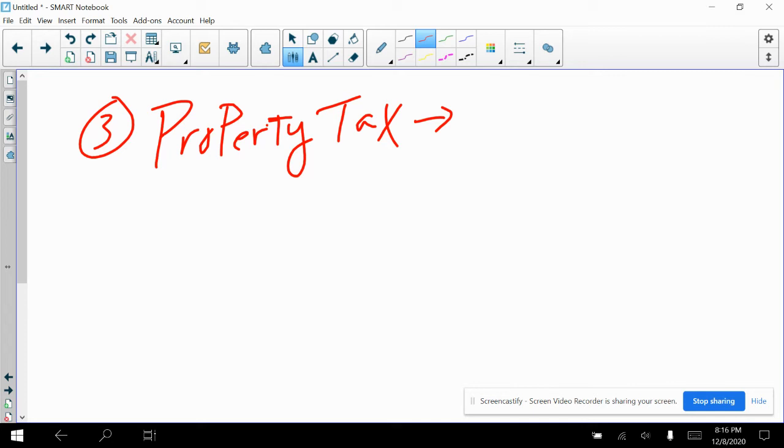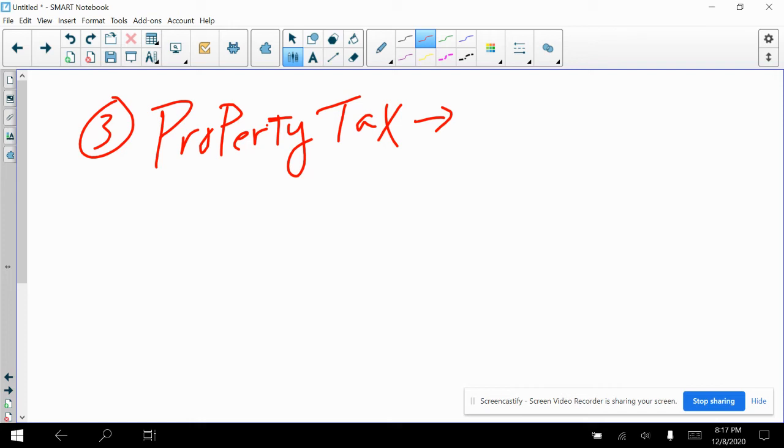Unfortunately, in this venue, we just don't have the time or the kind of space to do it. I need you guys to communicate back with me to be able to really have a good discussion about all this. But anyways, property tax is something that your parents pay